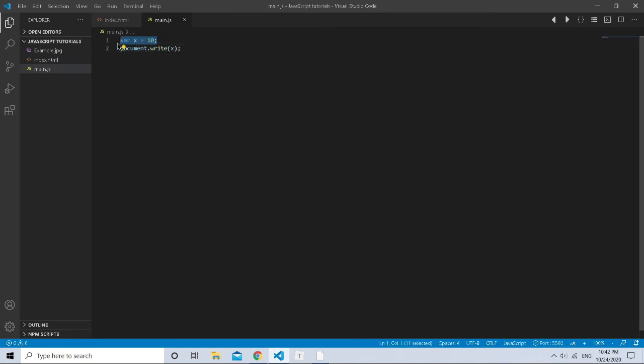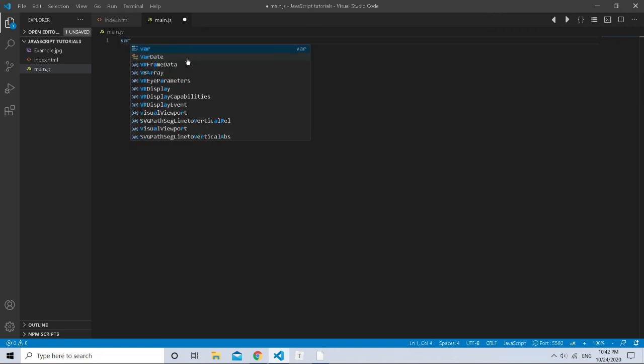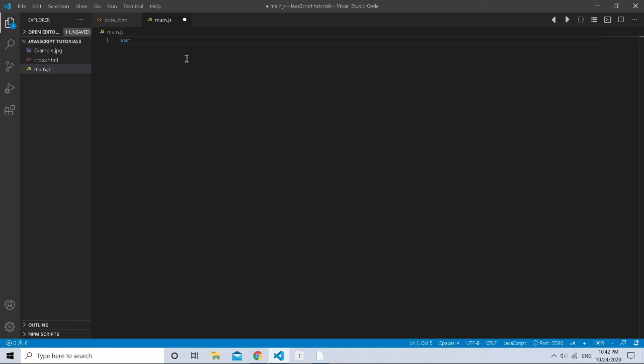Yeah, so let's revise how to create the variable again. So we are going to type the keyword var, and then we are going to name it. We are going to label the variable or name the variable, and then we are going to assign it, and then we are assigning this variable with the value.